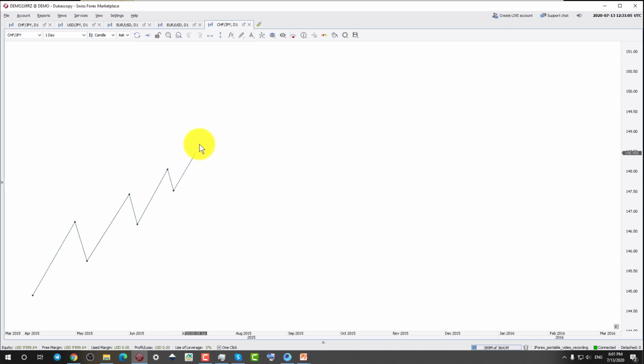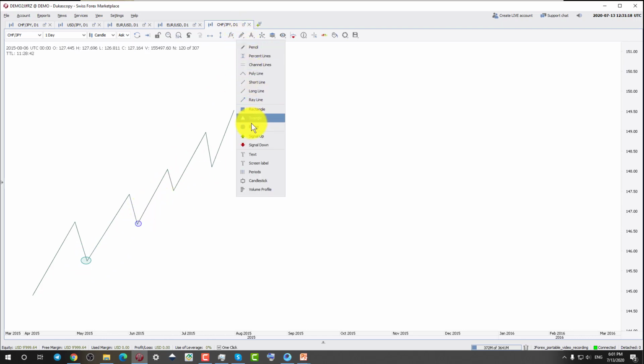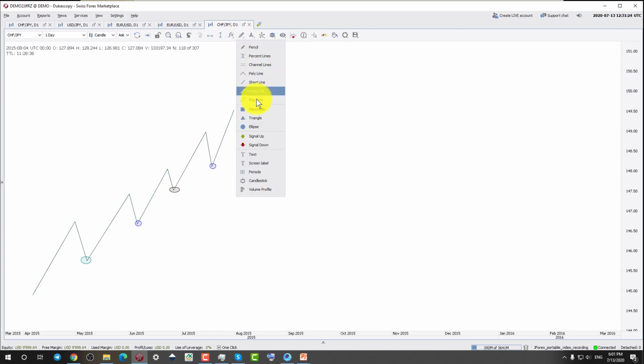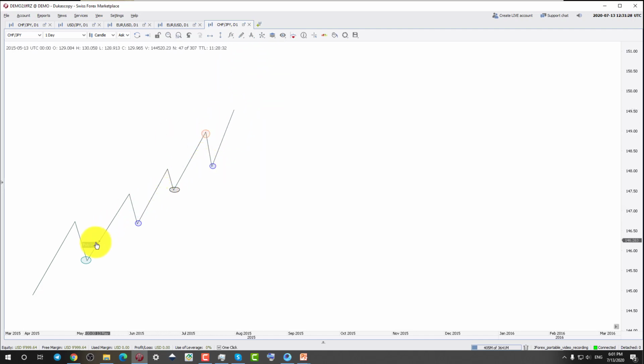Okay, so here we see that there was an uptrend. It was making higher highs and higher lows. It is simple. We have drawn uptrends and downtrends so many times that now we know how an uptrend and a downtrend are formed. Fair enough, these are highs and these are lows.